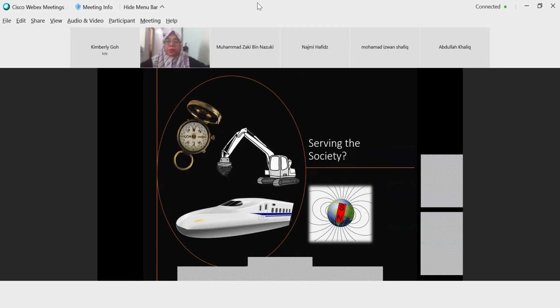What is serving the society? How does an engineer serve the society? If you can see here, this is a theory, a knowledge, discovered by a researcher or a scientist. This is a theory about the magnetic field discovered by researchers or scientists, people who do research and discover knowledge.